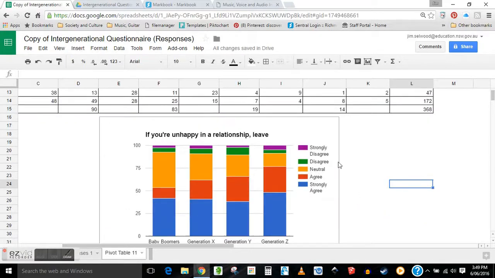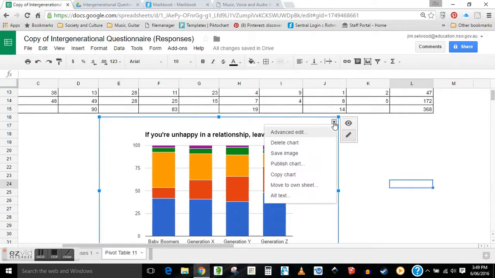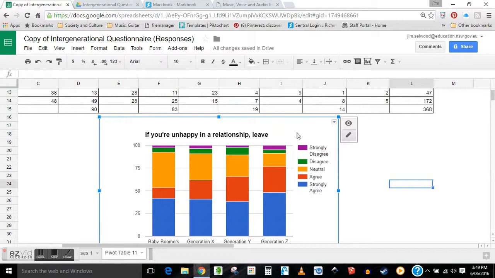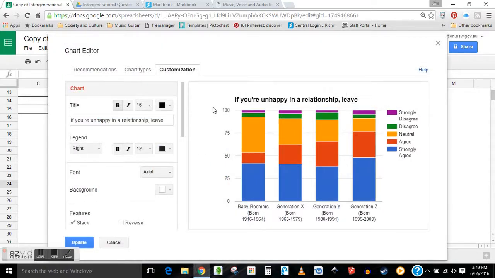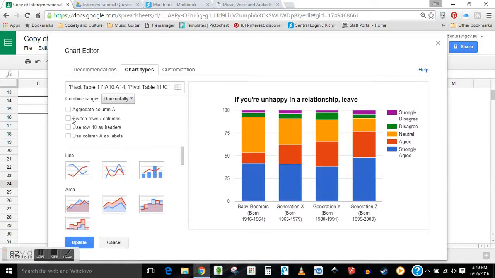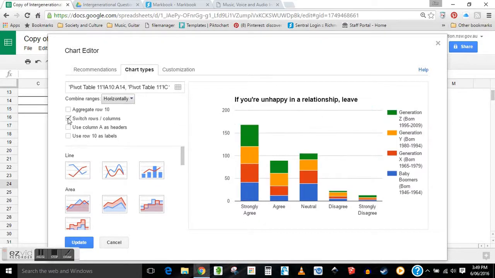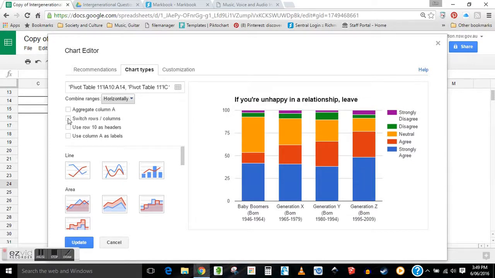One thing that's quite handy, and you might need to do for some of your graphs, if we just go back to edit this graph, is switch the rows and columns that the graph is reading from. If we go to our chart types column menu, I'll show you what that means. You click on the switch rows to columns, and you see it swaps the two variables around. So you've got generations and the answers. You can have the generations across the